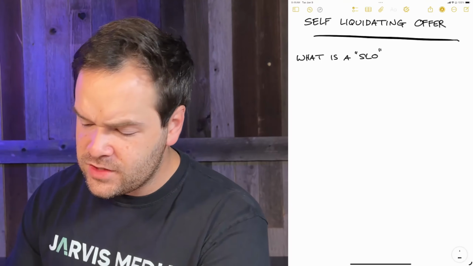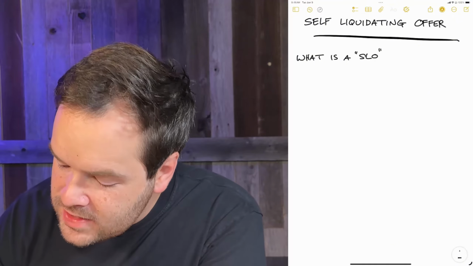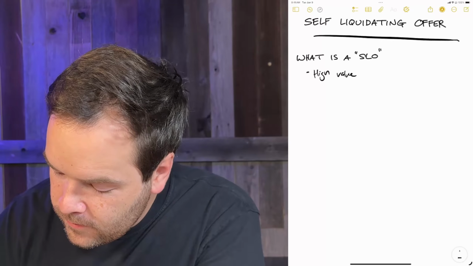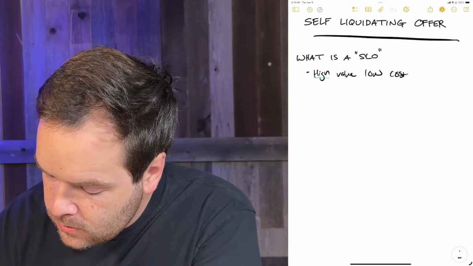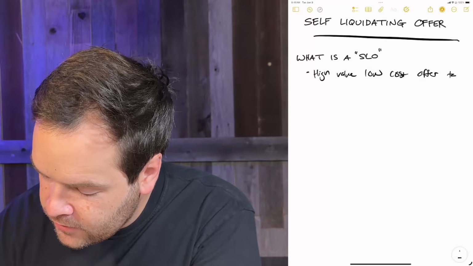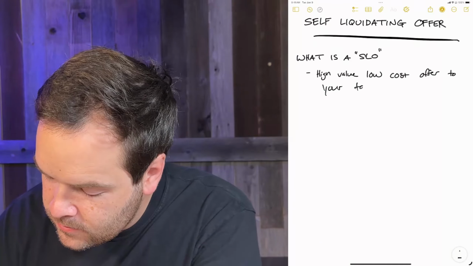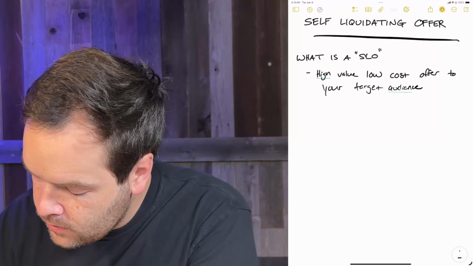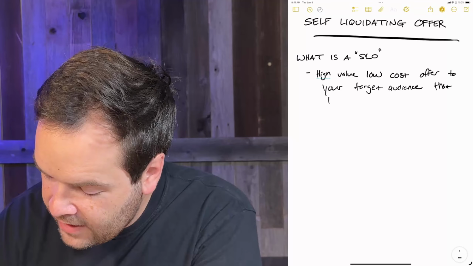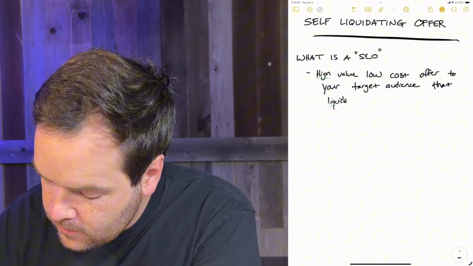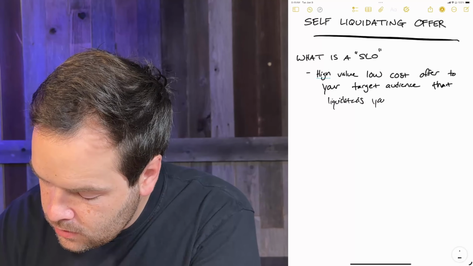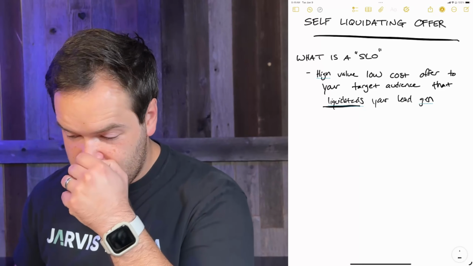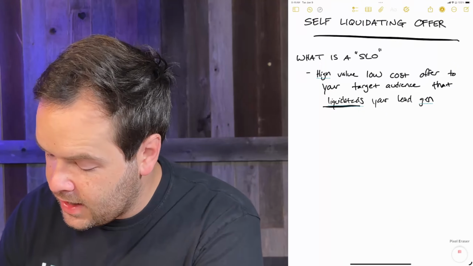So first and foremost, what is a self-liquidating offer? Well, this is essentially a high value, low cost offer to your target audience that liquidates your lead gen. And when we say liquidates, what we actually mean, well, that is not how you spell liquidates,